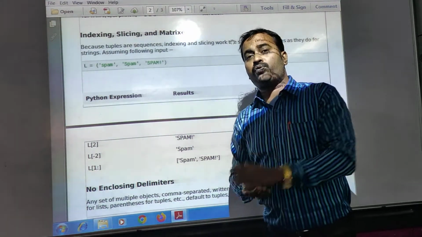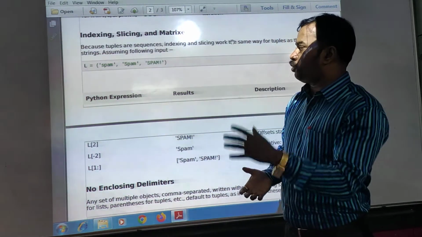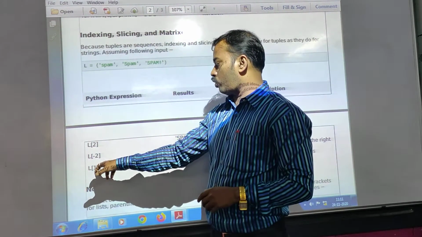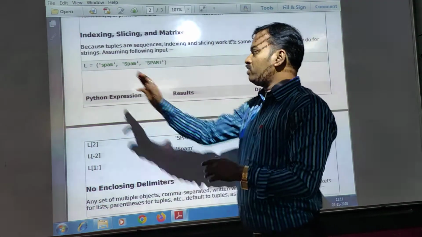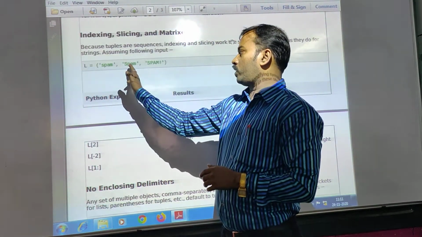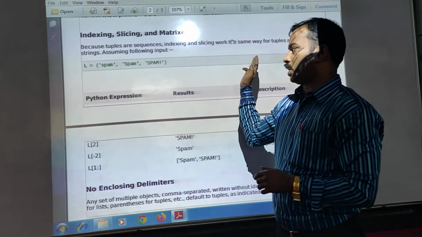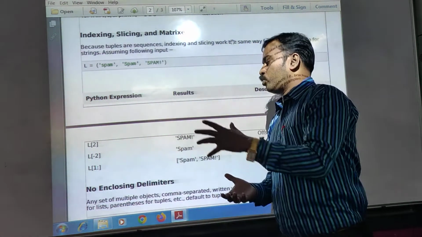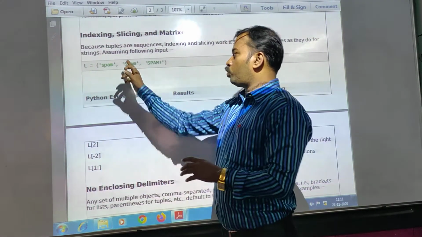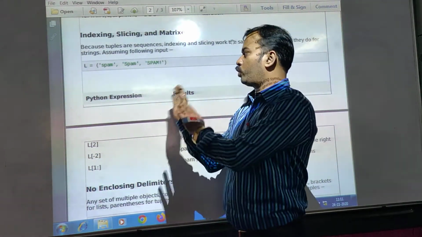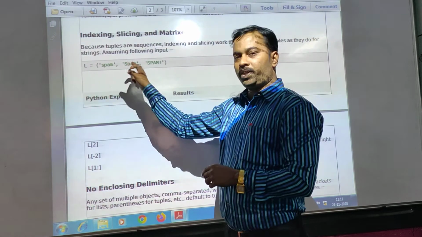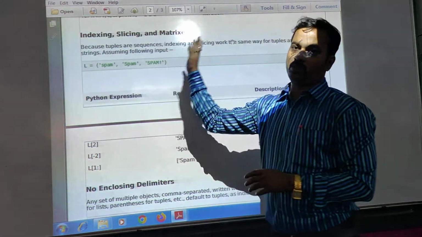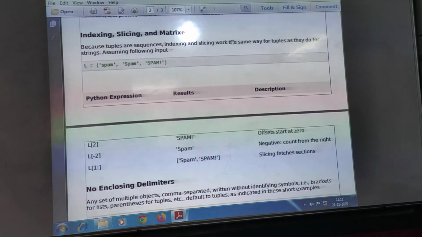You can use the range here also. Suppose you write L[1:]. The 1 colon means starting from position 1 in forward indexing, and then whatever elements are there after that. Suppose you write L[1:3]. Then 1 colon 3 means it will check the values up to index 2. So the first value is the start of the span, and the next value is the end. Please remember this.